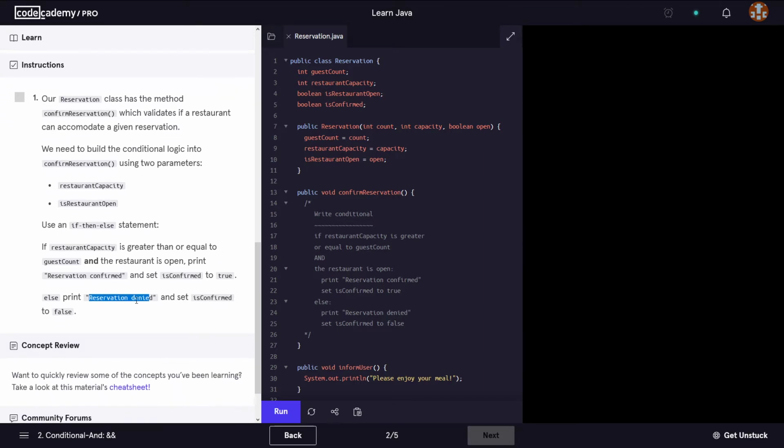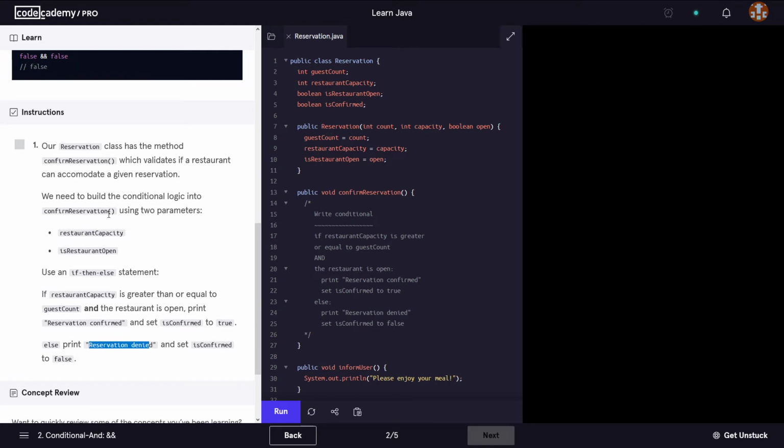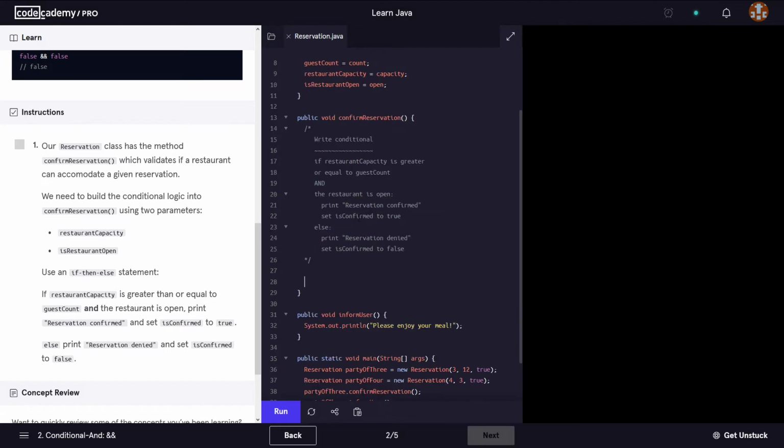Okay, let's have a look. So we need to go and have a look at the confirm reservation method, which is this one. And we have here the comment that explains to us inside the code what we need to do. So we need to build the conditional logic into confirm reservation using two parameters: restaurant capacity and is restaurant open. Use an if then else statement. If restaurant capacity is greater than or equal to guest count,